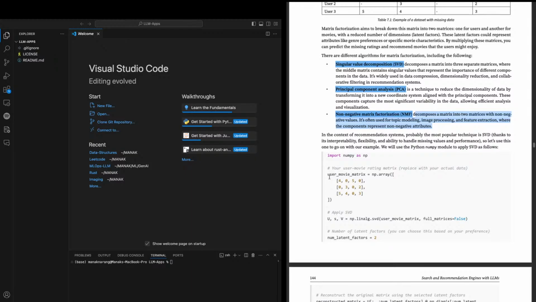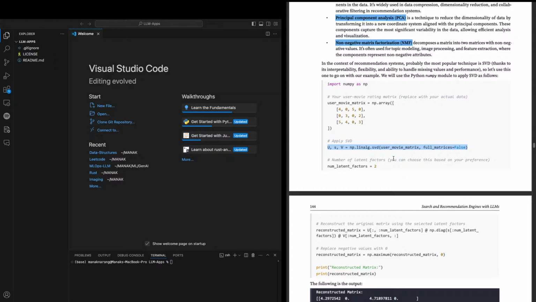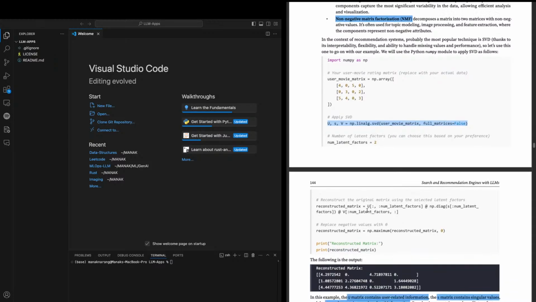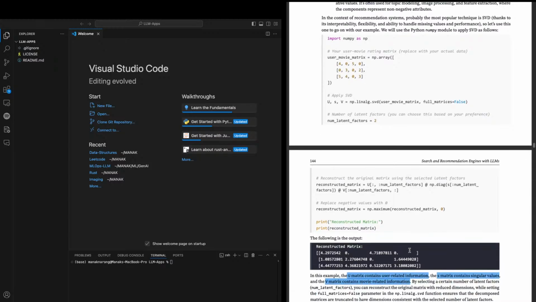So let's see this. They have a user-item matrix in which some entries haven't been filled, because the ratings were from 1 to 5, and then you do the SVD. That represents the constructed matrix, and you set the number of latent factors, that is 2. Then that's the dot multiplication, the reconstructed matrix, and then you show it.